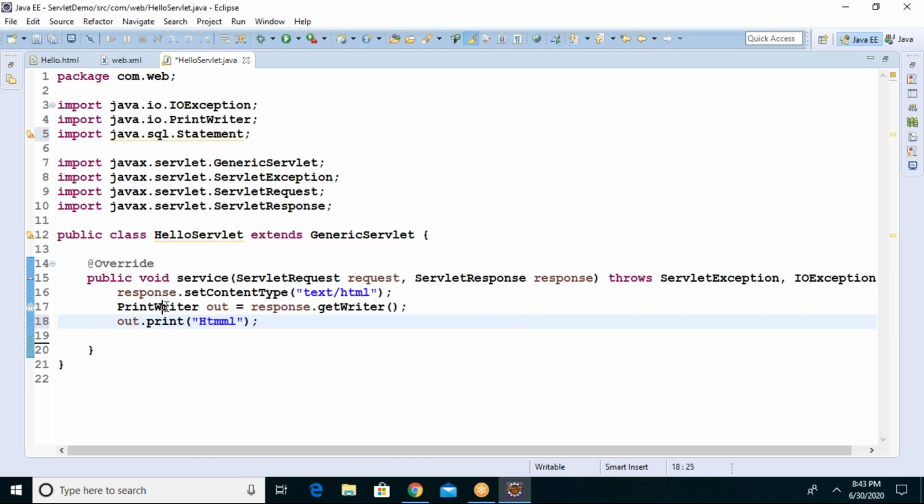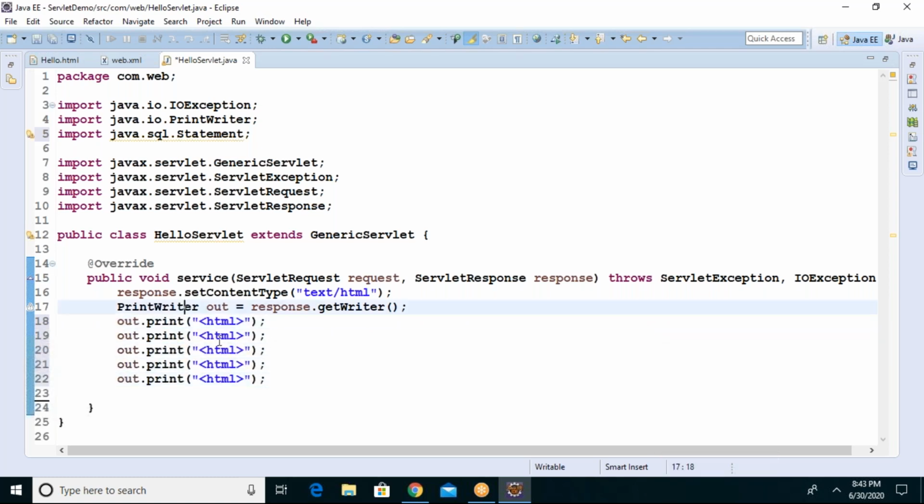Now, guys, after you get the out object, you use this out, not System.out, in order to write the HTML code. Now let me write some basic HTML code. Out.println; for any HTML, you write that only.